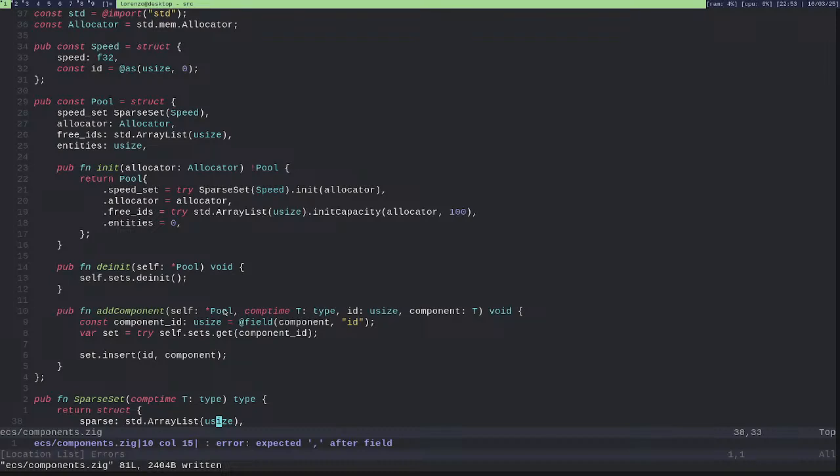Because here I have to dynamically access the components, because here I just know that I want to add a component, and I know its type.